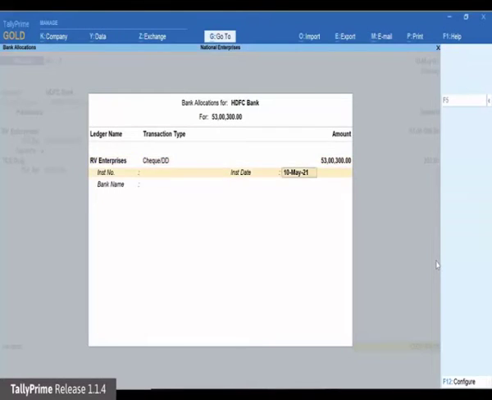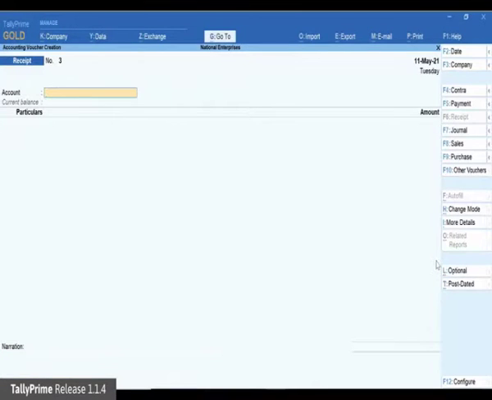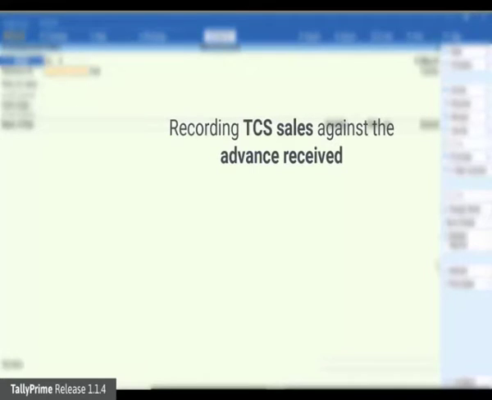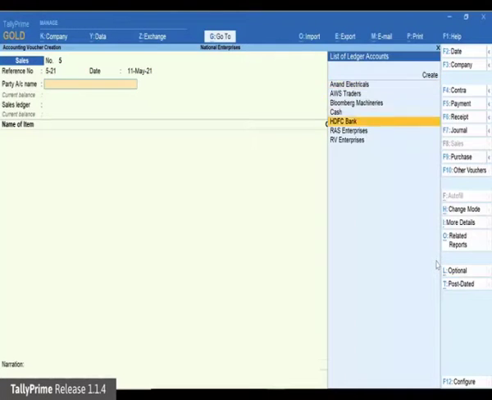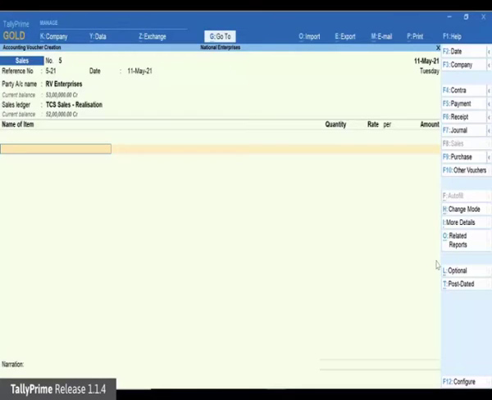Save the transaction. Now, we will see the TCS sales transaction recorded against the TCS advance receipt. In case the sale value is equal to the advance received, the transaction cycle for the amount received will be closed.